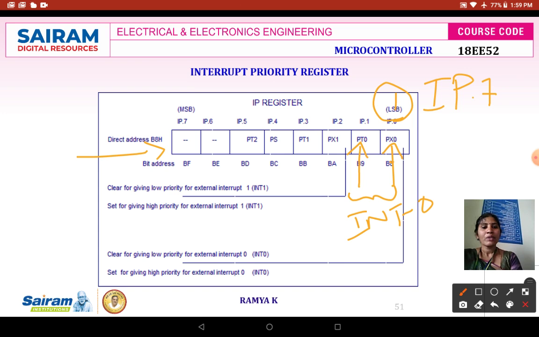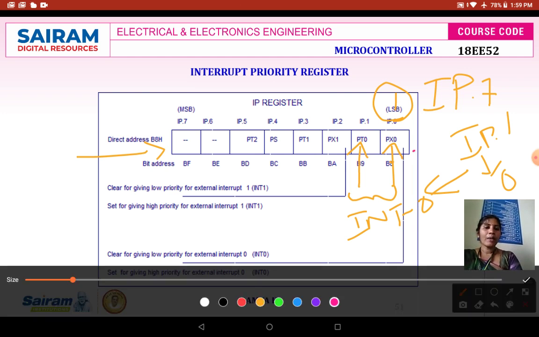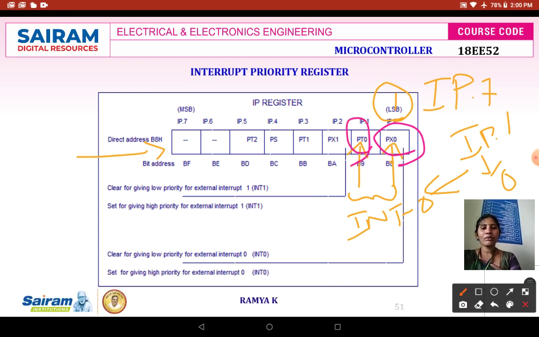If you want to give lowest priority to this INT0, you load IP.1 with 0. To have the highest priority, IP.0 has to be set. To have the lowest priority, IP.1 needs to be cleared. Are you all clear?